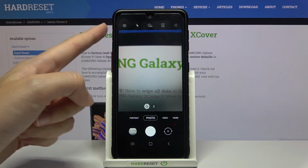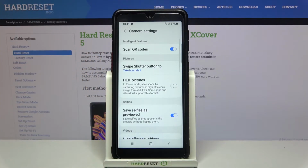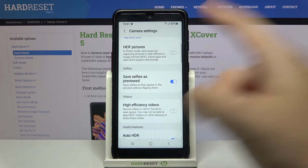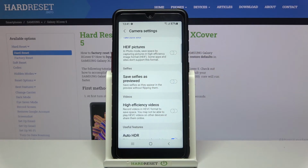From here let's go to the left corner. When we pick this button we can open the advanced camera settings, and now we have to slide a little bit and focus on selfies category. Here we have save selfies as preview option. By using the button from the right we can easily turn it off and turn it on as we need,